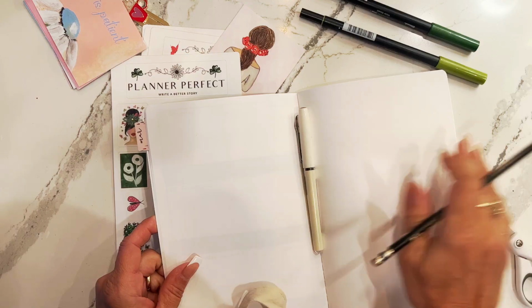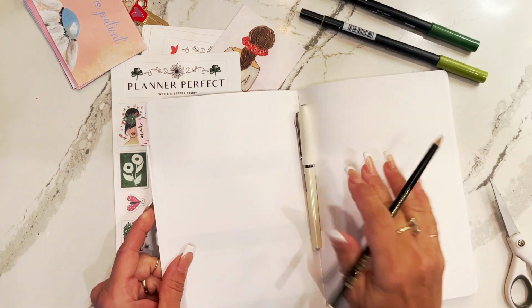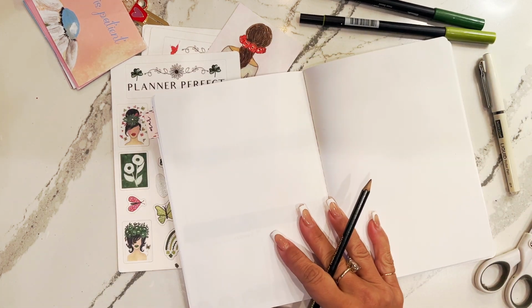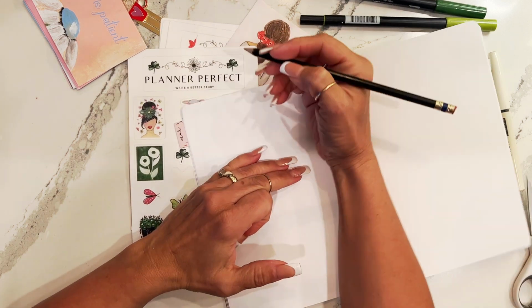I love the week at a glance because obviously it's a week at a glance. So here I'm going to show you how I do and set up my week. Okay, so